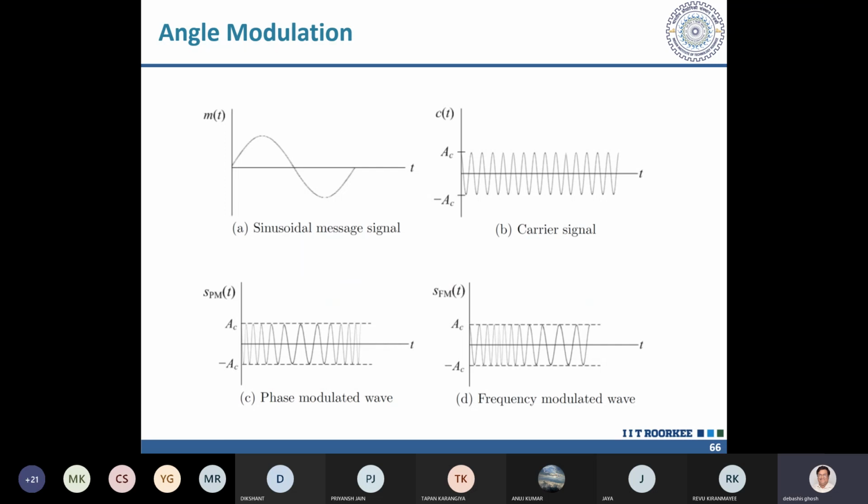This is the picture, just pictorially you can see how the carrier signal, you see that it is constant amplitude, but with the message signal, the phase here is changing and here the frequency is changing. There is slight difference. You can find it. Okay, you can see here when the signal is becoming lower and lower, the frequency is becoming smaller and smaller, so it is Fc minus something, whereas here it is Fc plus something. Okay, so frequency is modulated like this. This is the frequency modulation scheme.